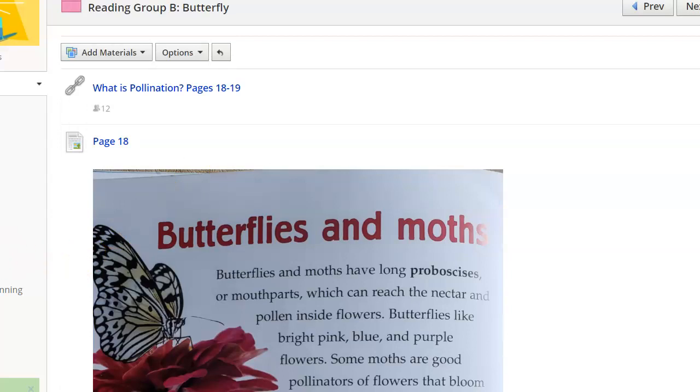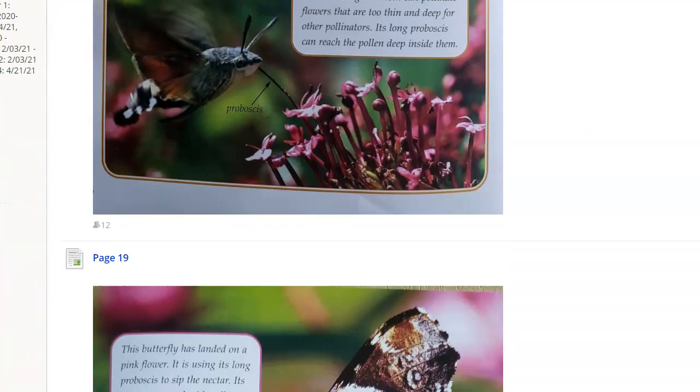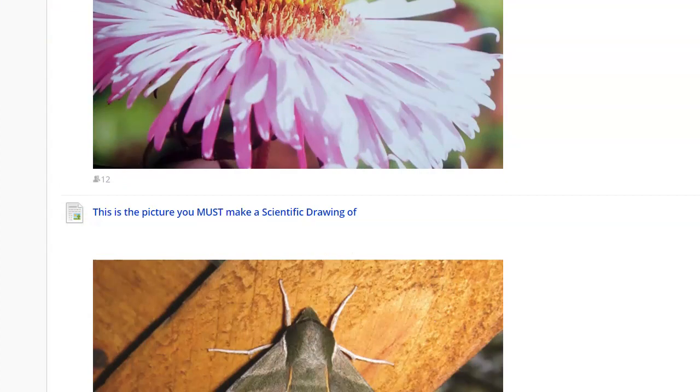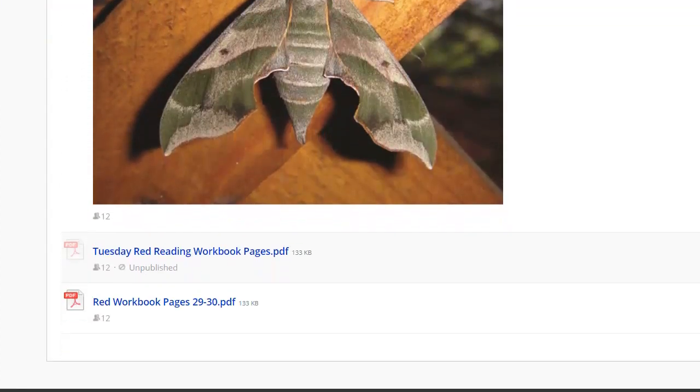So the reader would obviously read the text. And if all the readers were absent that day and nobody could read the page, which would be very unusual, or if the reading material was too much of a struggle, then I read it in this YouTube link and the facilitator could click on that and it would be me reading the text. They didn't really need that too much, so I was glad for that. So they would read the text, and then underneath it, well, for this one, they had to also make a scientific drawing in their group too, but underneath it would be the workbook pages that they were filling out.